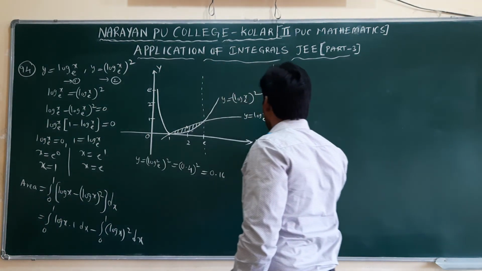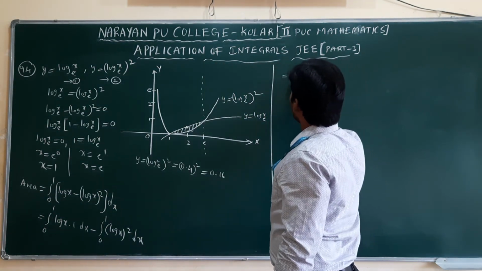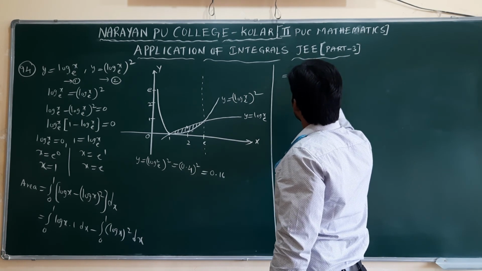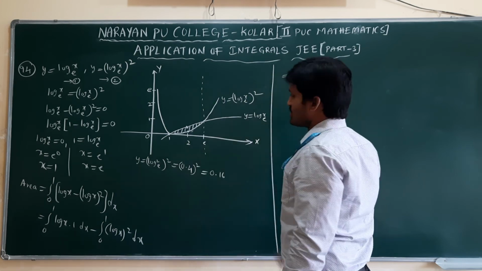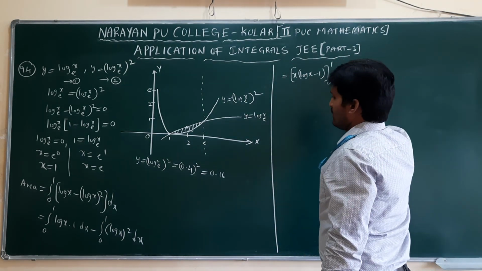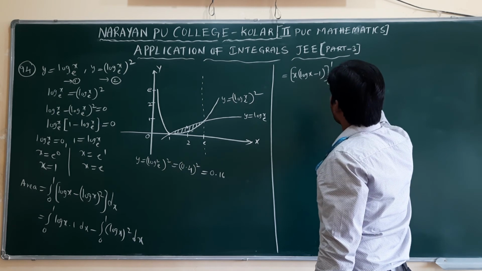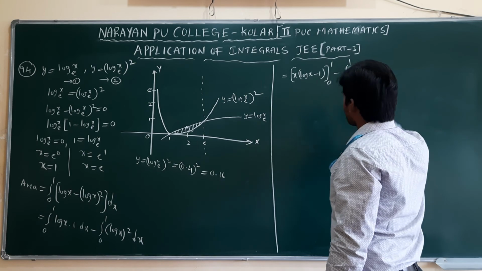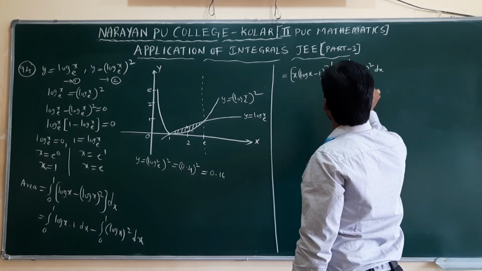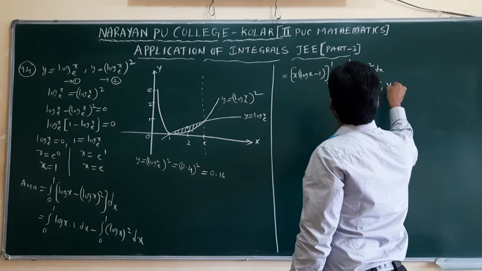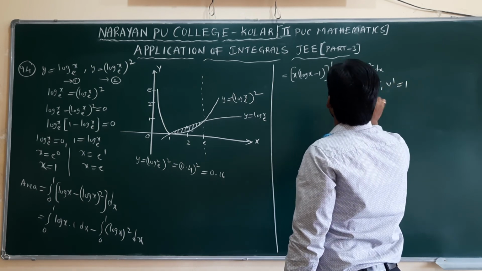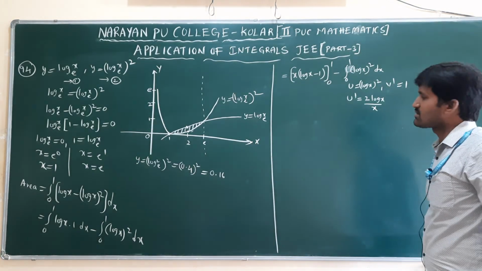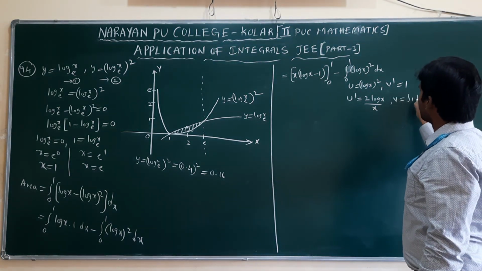Now the integral of log x, we already know the formula. What? x into log x minus 1, from 0 to 1. Now in this we don't have the formula: integral 0 to 1 log x whole square into dx. Apply the u v formula. U is equal to log x whole square, v dash equal to 1, u dash: log x whole square derivative is 2 log x by x. Log derivative is 1 by x. V is the integral of 1 dx, that is x.